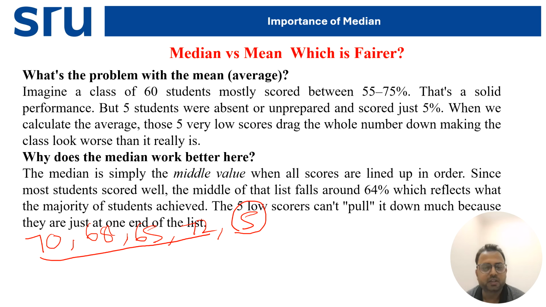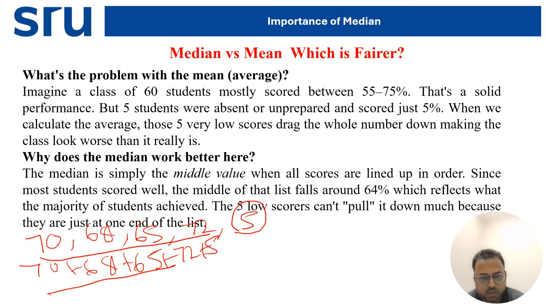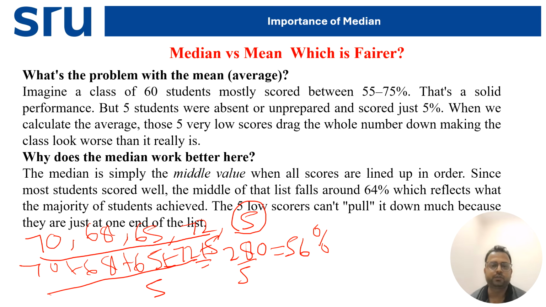The mean of the marks is 70 plus 68 plus 65 plus 72 plus 5, divided by the total number of students, 5. That is 280 by 5, which is 56. So 56 looks like the class did poorly,